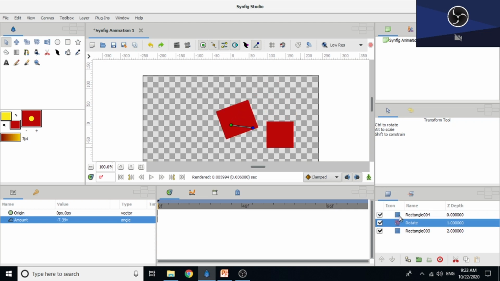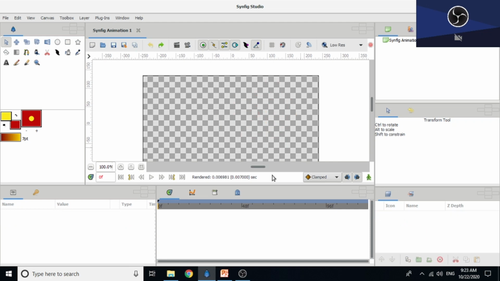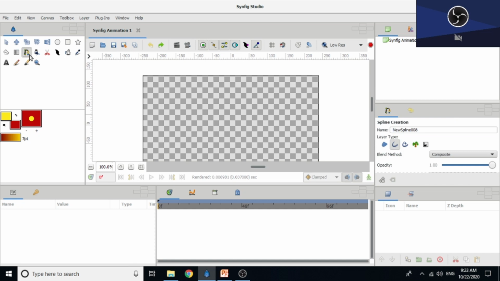In short, the rotate layer affects all the objects given beneath the rotate layer. Now we will create a path using the Beeline tool. Actually, this is the Beeline tool, but in the newer version, remember, the name of the Beeline tool is Spline. So click on that Spline tool, or Beeline tool you can say. See here in tool options, the create outline layer option must be selected. Only this option you have to keep on.